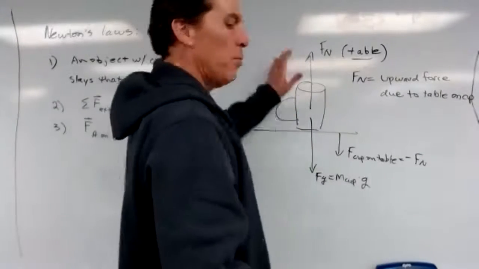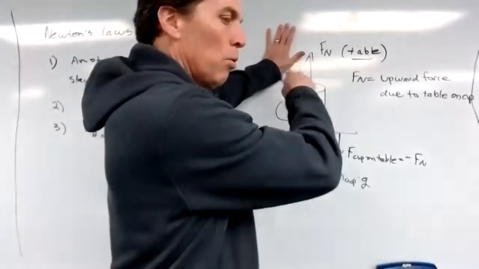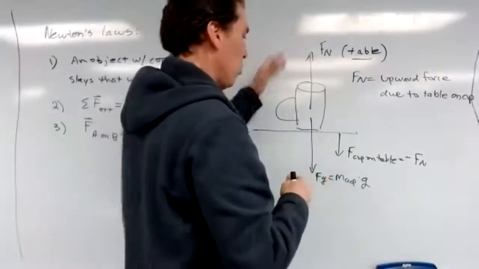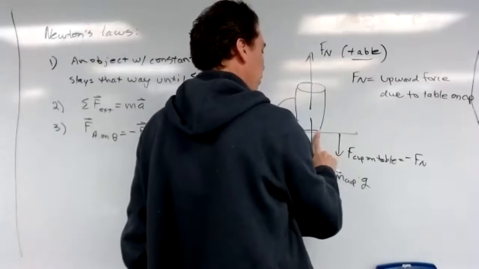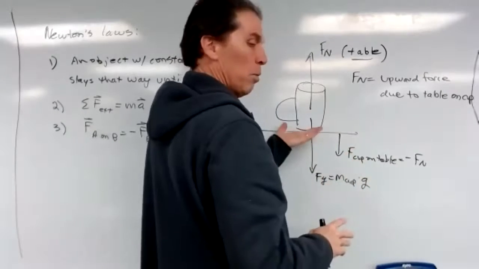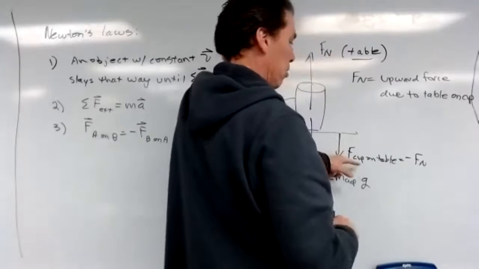In other words, it's the same one where I said in class where I'm leaning against the wall, right? If I push in on the wall, the wall pushes out on me, right? And so if I know that the cup is pushing up on the table, which I know it is because otherwise gravity would pull it on through, then I know that the cup has to be pushing down on the